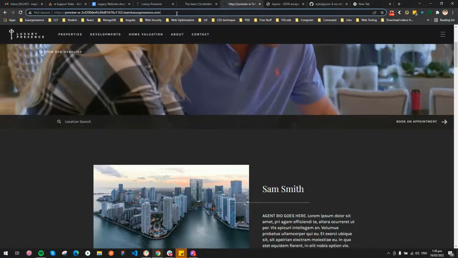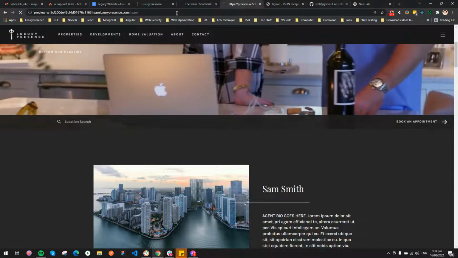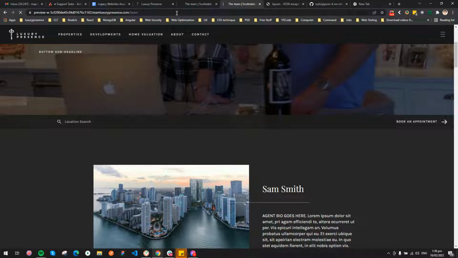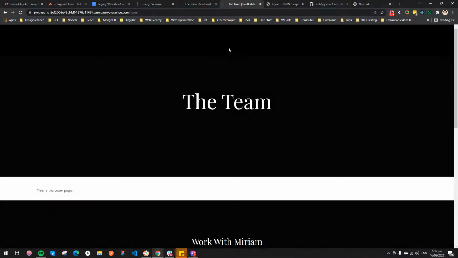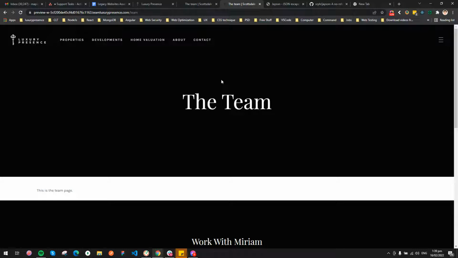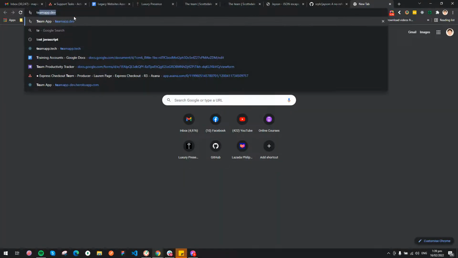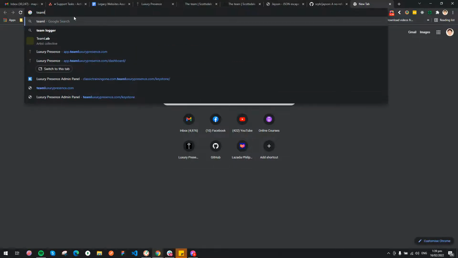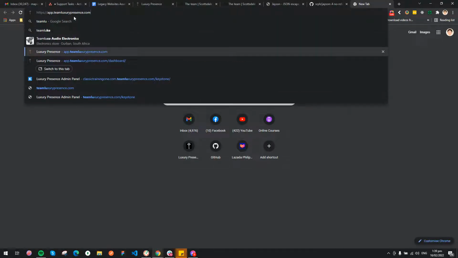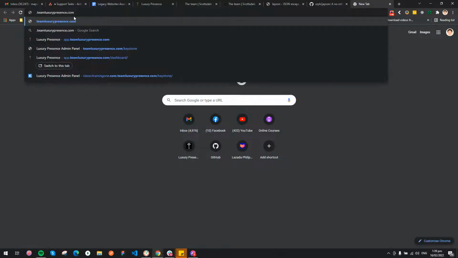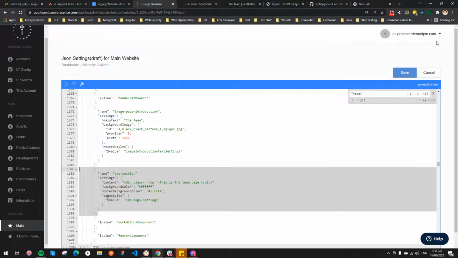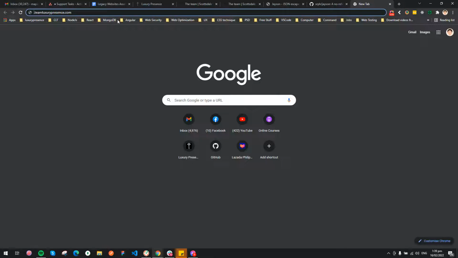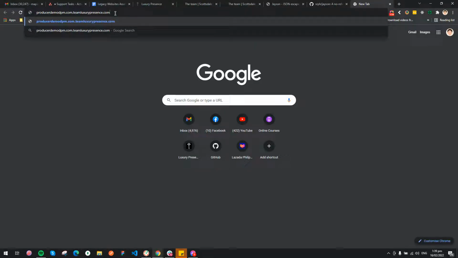So this is the exact page by now. So yeah, we need to visit this one, and this is the exact page. And we want to use our theme, luxury presence. I'll just use this and try to remove this, and I've copied that, by the way, the domain. Let me just do it for the purpose of this demonstration. And this, and we're gonna